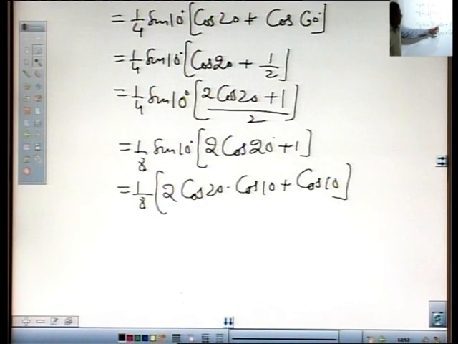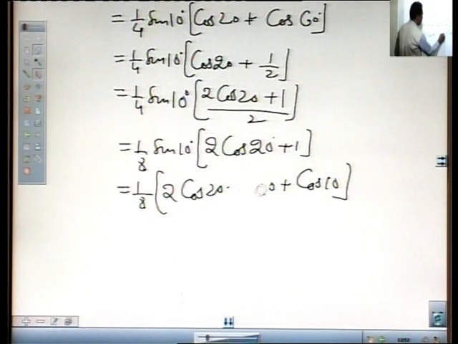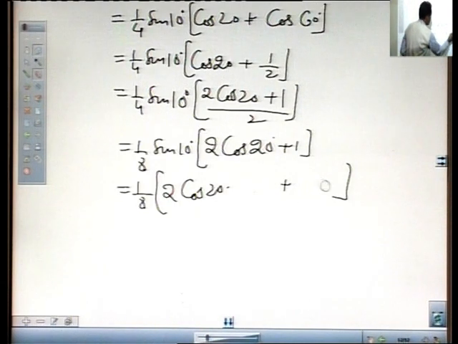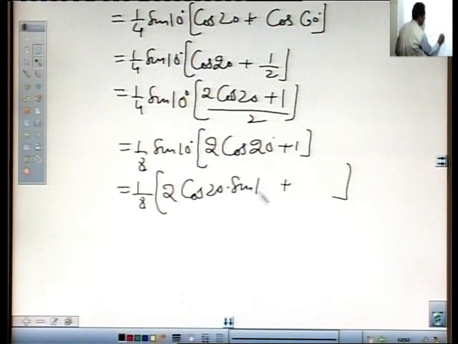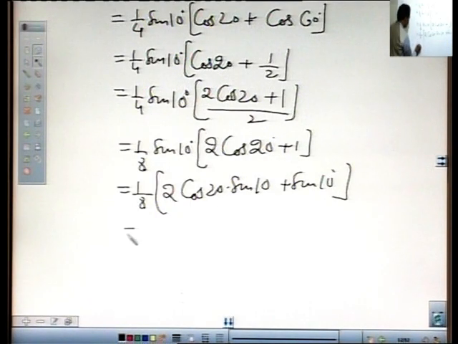Sin 10 into 2 cos 20 is 2 cos 20 into sin 10, and here is also sin 10